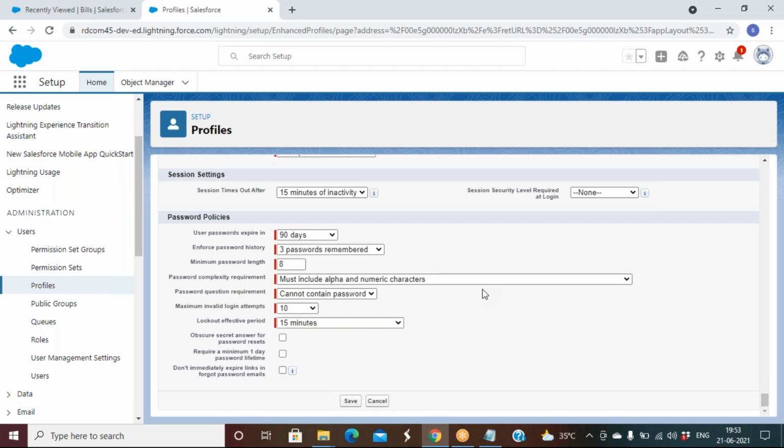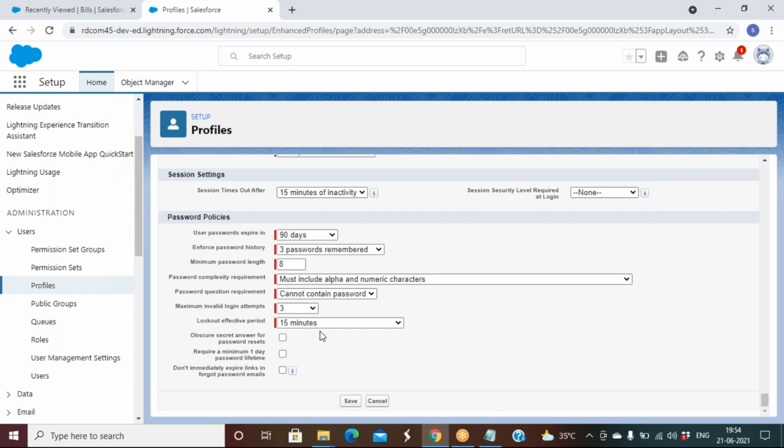If you remember in user administration, when we tried to give the wrong password, the system locked our account, right? So how many login attempts can Salesforce allow? From 3 to 10: 3, 5, 10, or no limit. If I keep no limit, the user can enter the wrong password any number of times. If I keep 3, then after 3 failed attempts, when the user tries to log in, it says password locked.